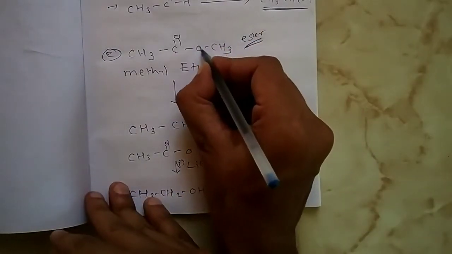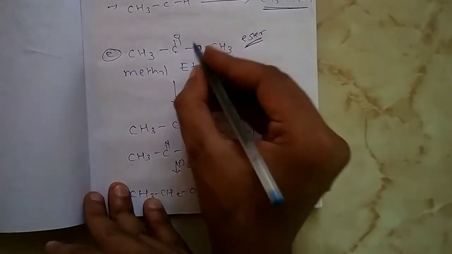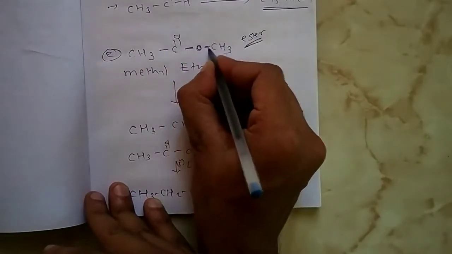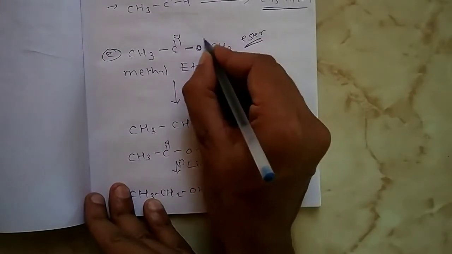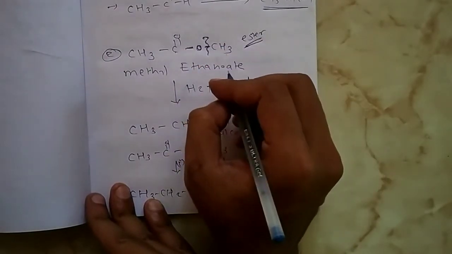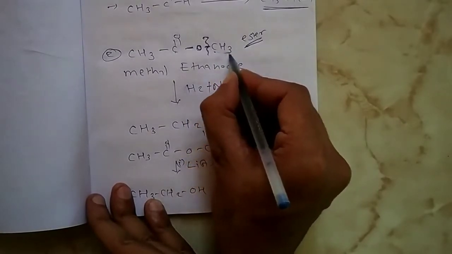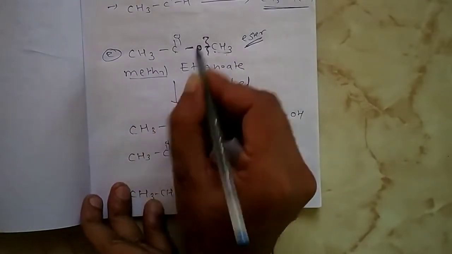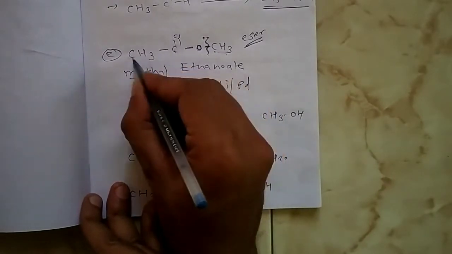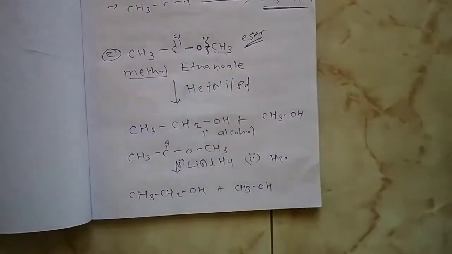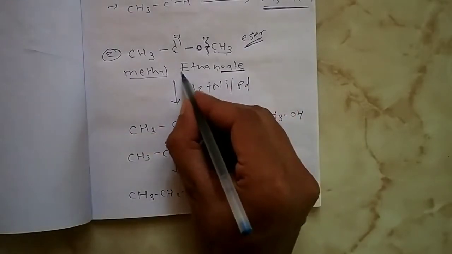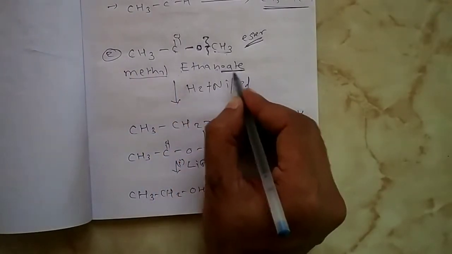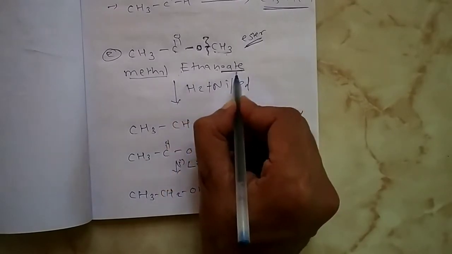So wherever oxygen is there with a single bond on it, again oxygen with a single bond, make two parts from it. Okay. Now this one is our methyl group, so write down that methyl. Now how many carbons are left? 2 carbons. So ethane plus, in ester you have to use the OATE suffix. So here I have used that. 2 carbons were there, so ethane plus OATE means ethanoate.